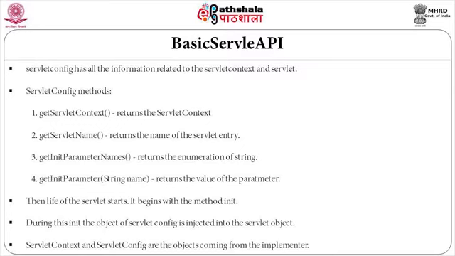So, if you look at the methods in servlet config, servlet config is making available the servlet context. This is the getServletContext method, which returns the servlet context. What is the information between servlet and /servlet? We have a servlet name. For the servlet config object created corresponding to a servlet, we have this method called getServletName to return that servlet name entry, the name by which the object of the servlet was identified.